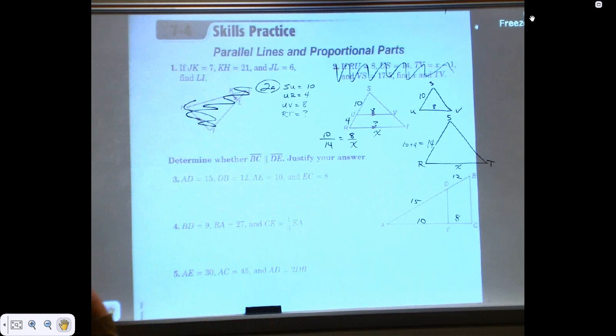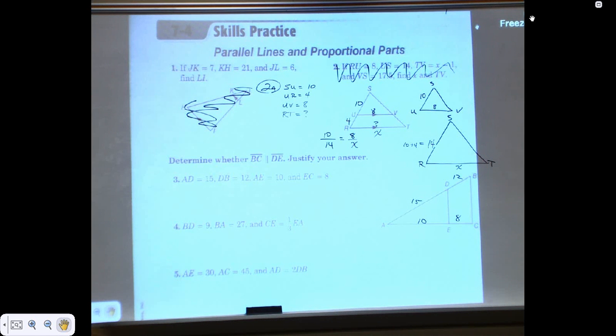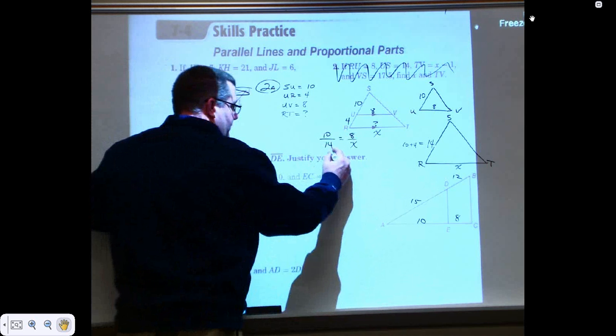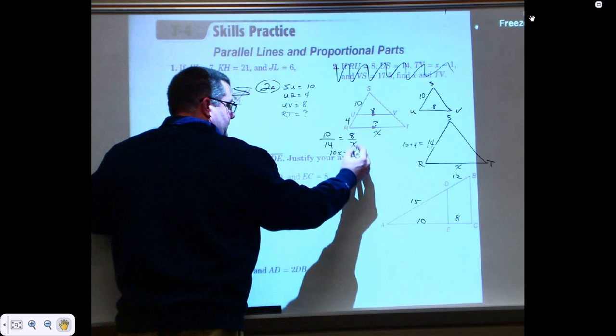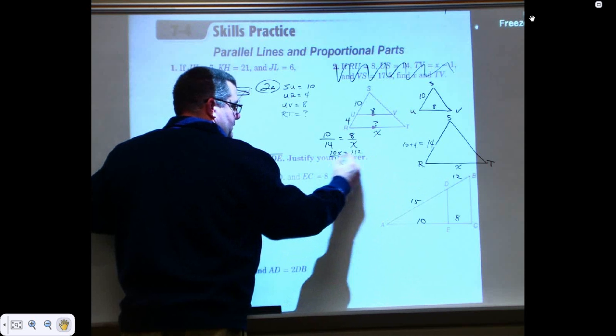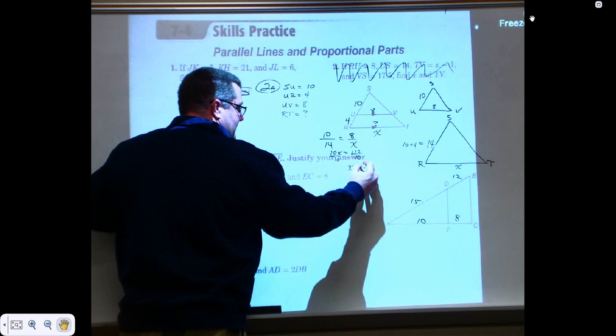Look at that for a second. You guys get that? Did you see how I had, because I'm going to talk about similar triangles here, not proportional what? Parts. So as a result, when I cross multiply, 10x is equal to what? 112? x is equal to